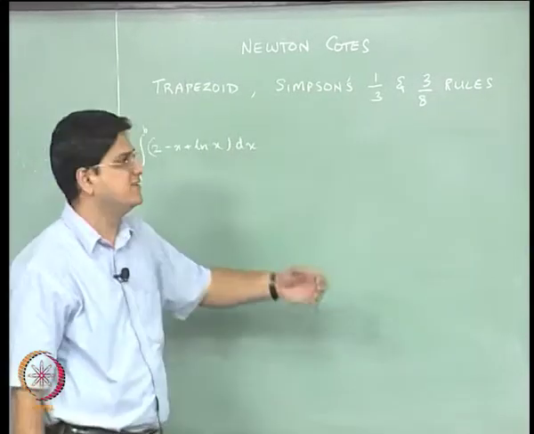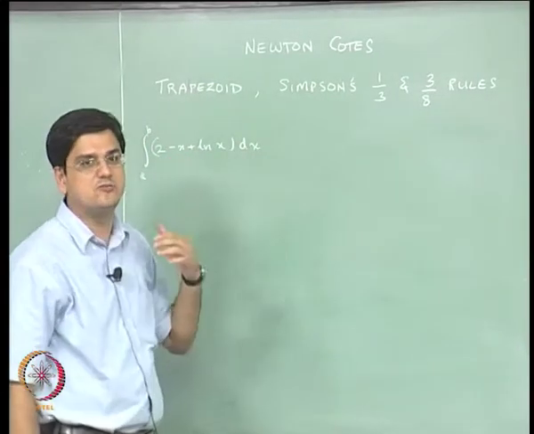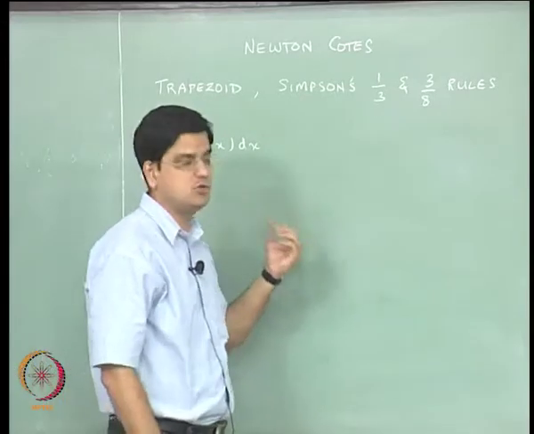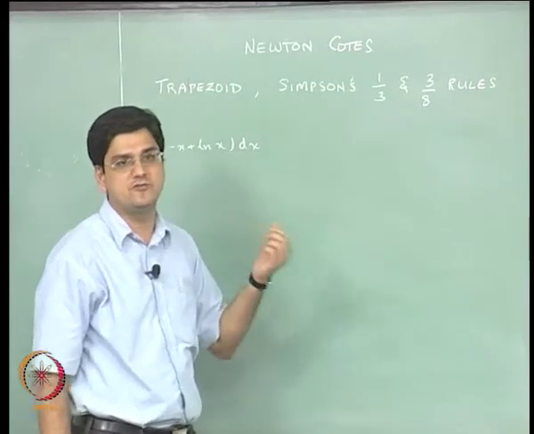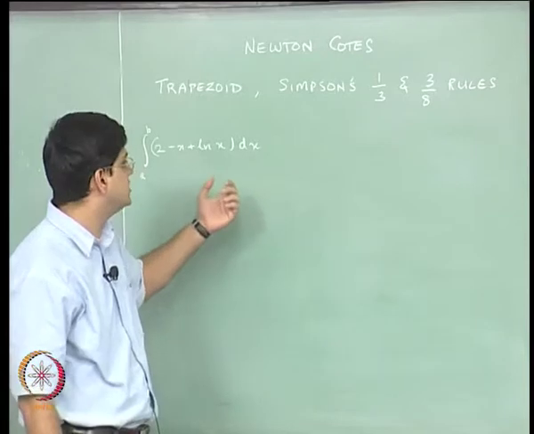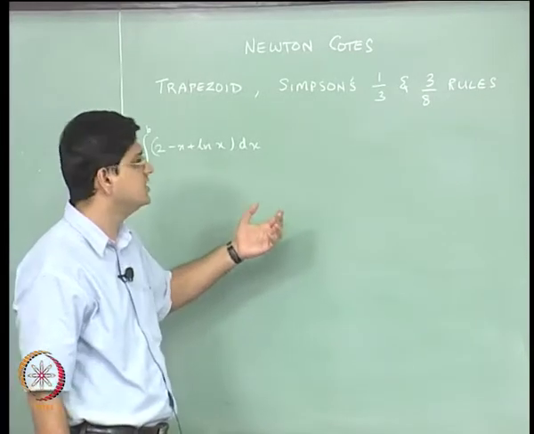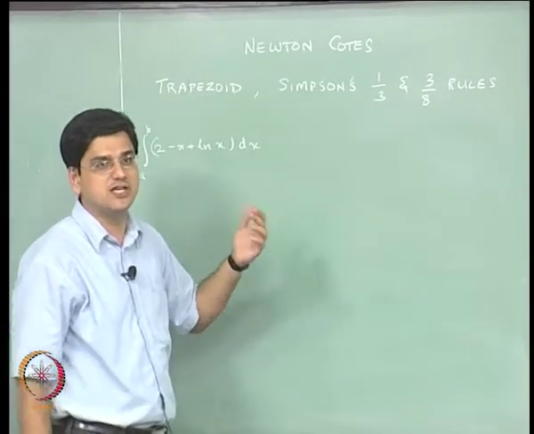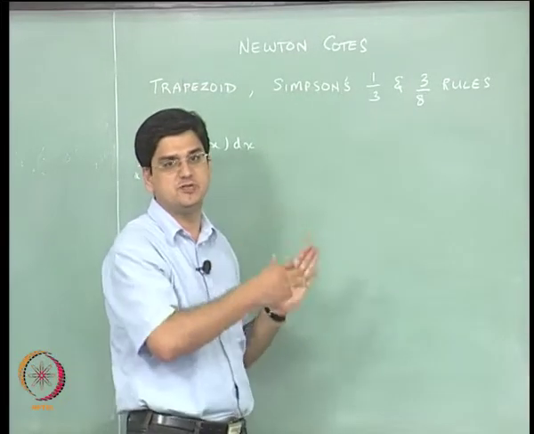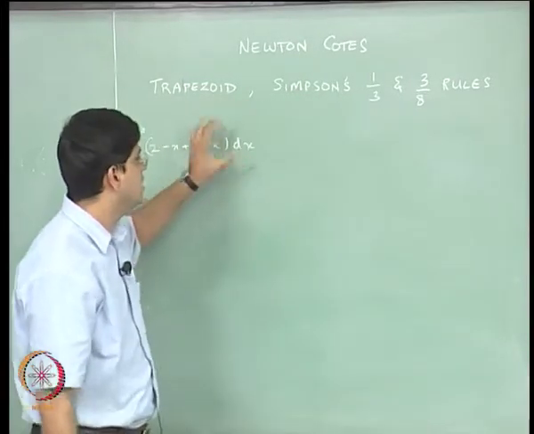3/8 rule, and we saw that when we used the trapezoidal method with our h equal to 1, at that time there were significant errors between the actual integral value and the numerical integral value. Then when we chose h equal to 0.2, that means we split down the overall interval.